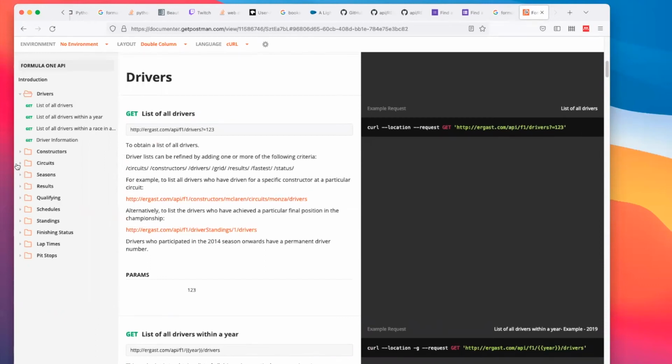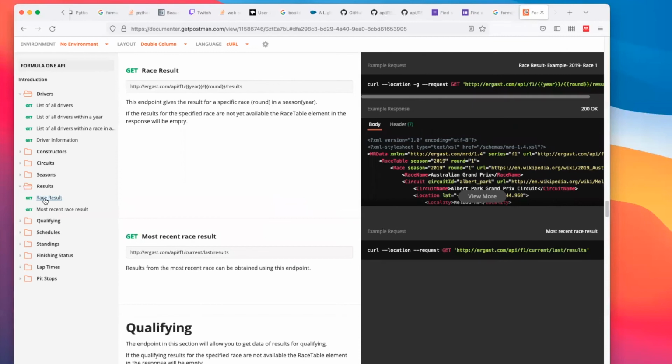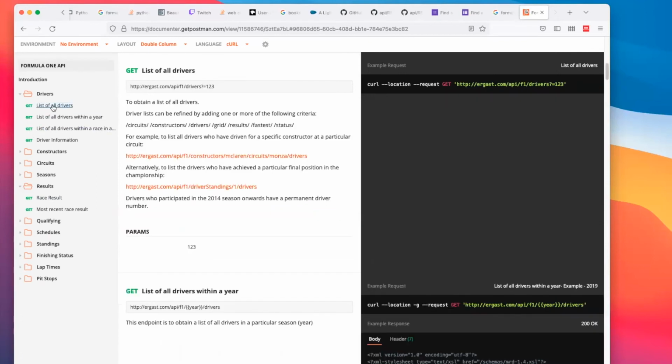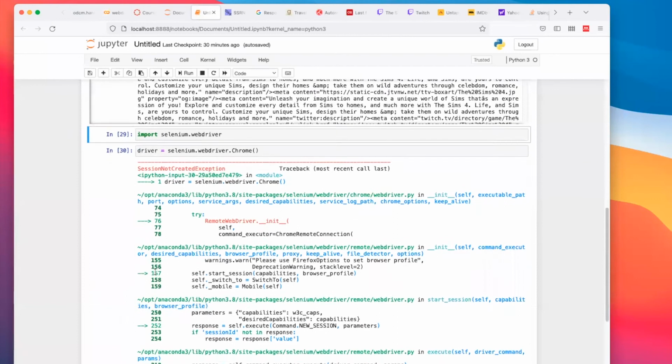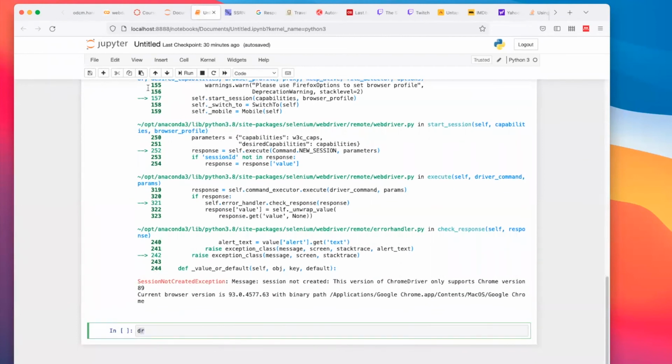So for example, let's go to circuits and try to extract the information from last weekend. Race results. Maybe that's also a little complicated. Let me first get a list of drivers to start from. And we'll do it the very same way we've tried to extract data from our website, by having a new request and putting it into this